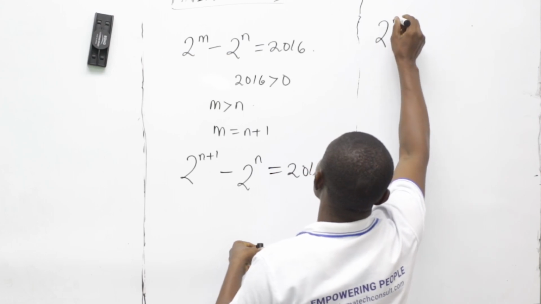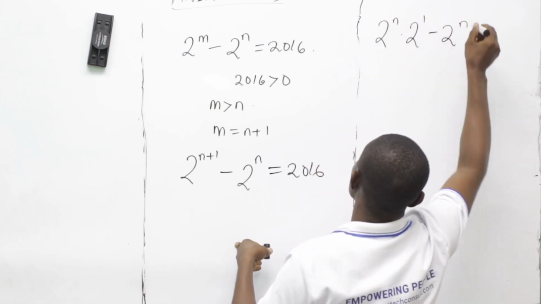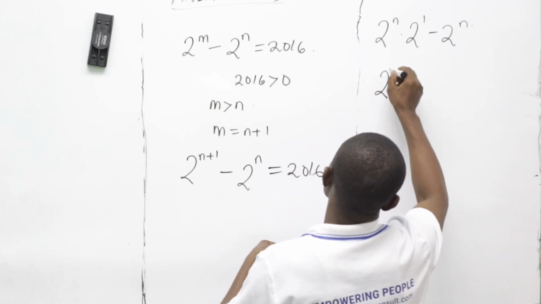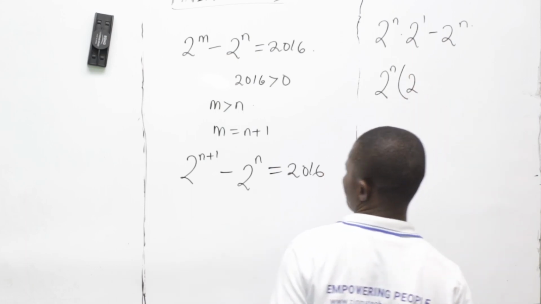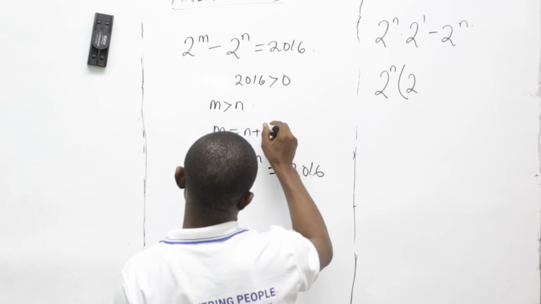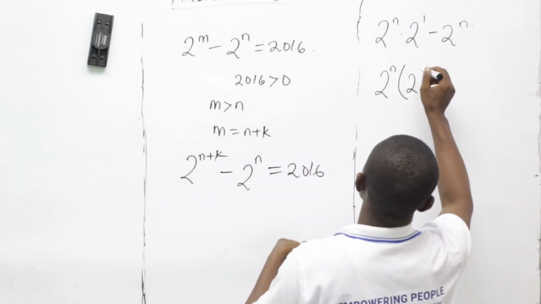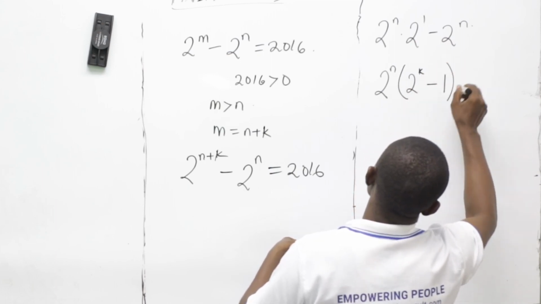If we separate this, 2 to the n dot 2 raised to the power k minus 1, 2 raised to the power n into 2 raised to the power k minus 1 equals